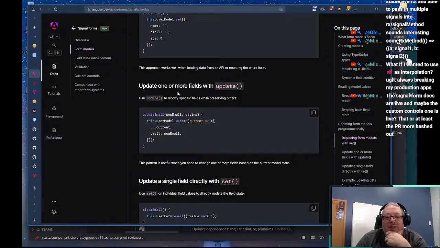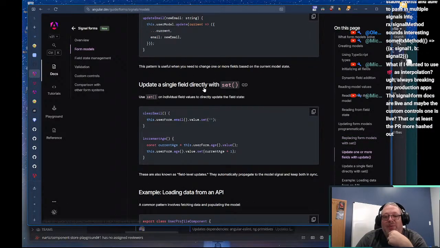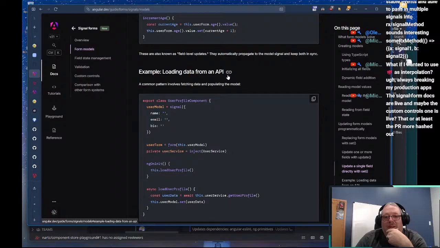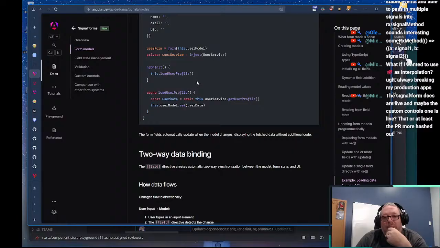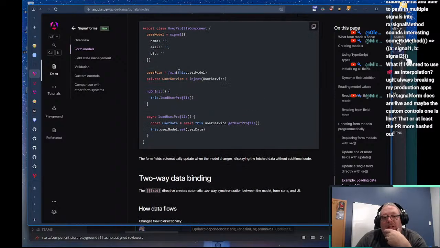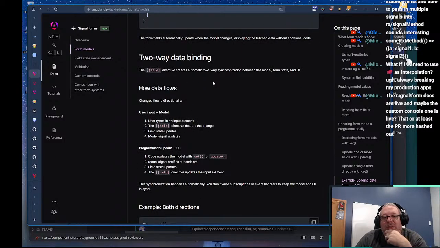Update one or more fields with update, that's fine. Update a single field with set. Loading data from an API. A common pattern involves fetching data and populating the model. Yep. And you're just updating the user model signal and everything else works that way.